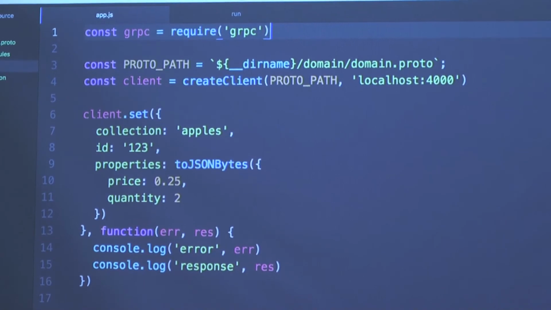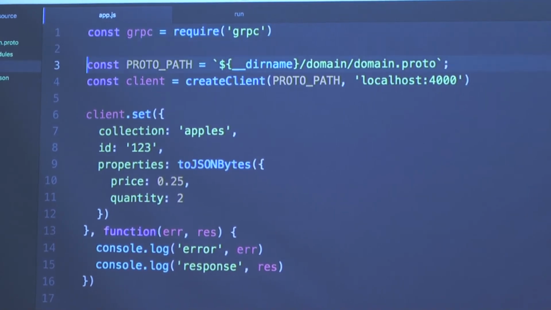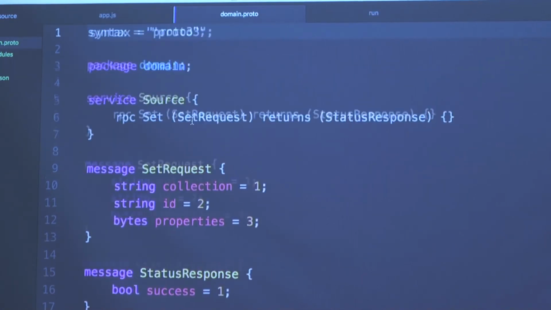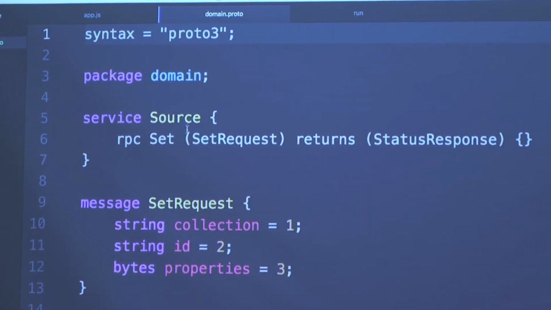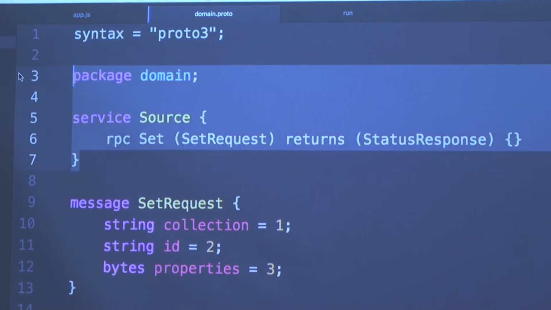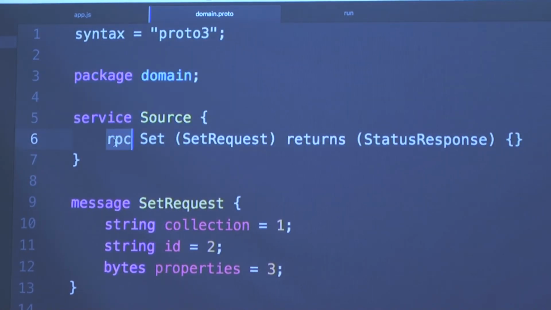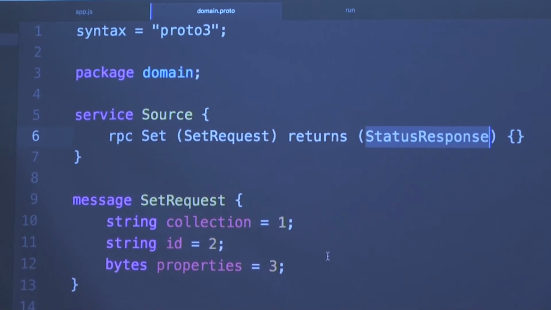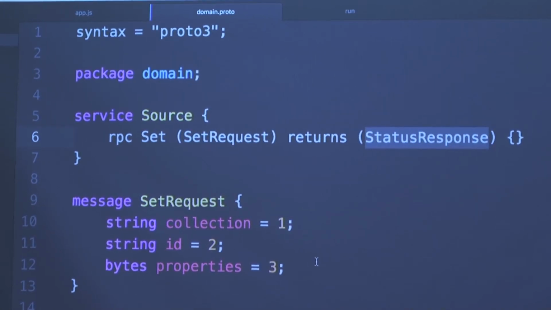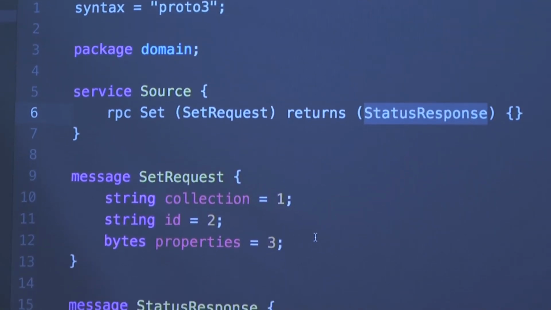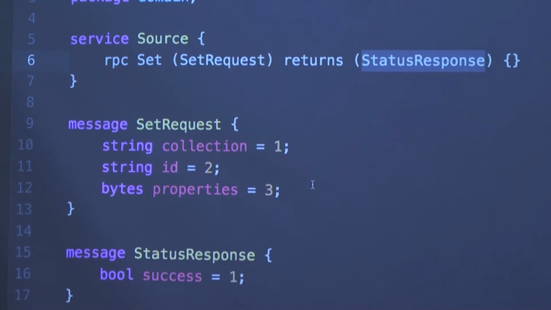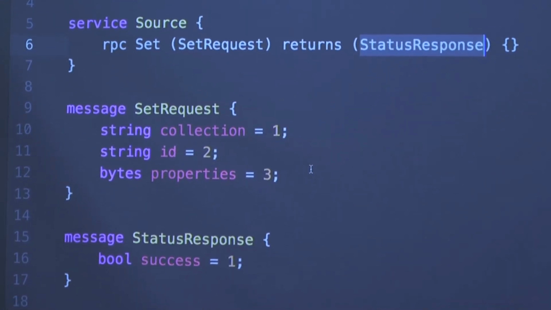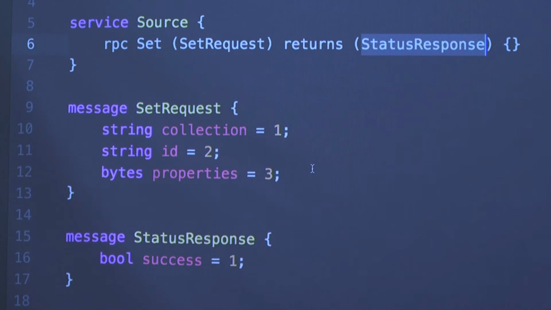So first, we import the gRPC module. Then we tell it where our proto file actually is. And as I mentioned earlier, the proto file is what defines the schema of our API. So here we say that we have a service called source. The service has an RPC method called set. It takes in a set request and returns a status response. The status response really just is error handling. The set request tells us what kind of data we want to set to the segment pipeline. So like what kind of table does this data belong to, or collection, what's the ID of it, and what